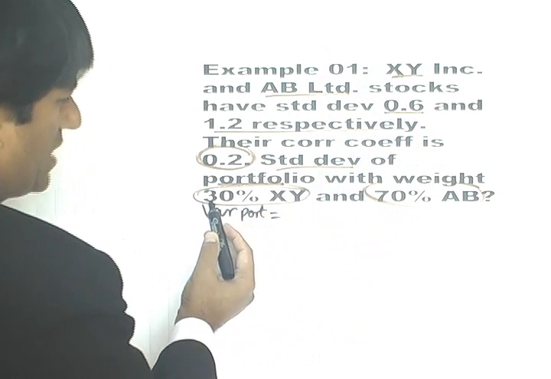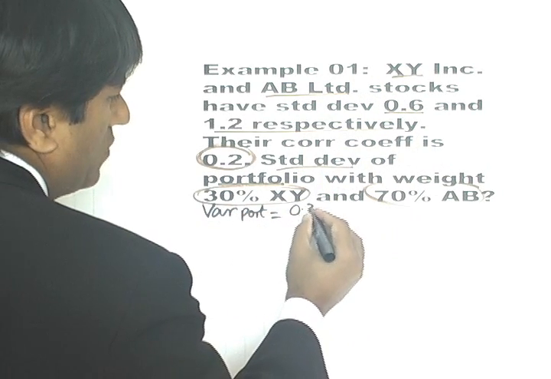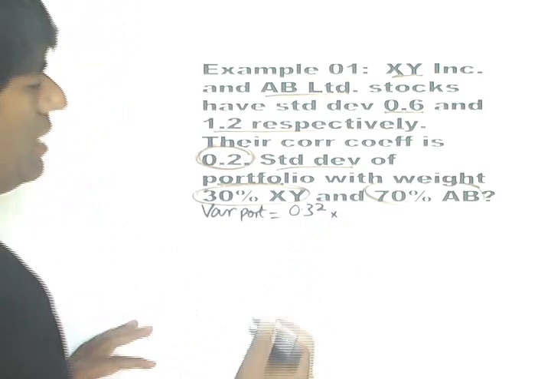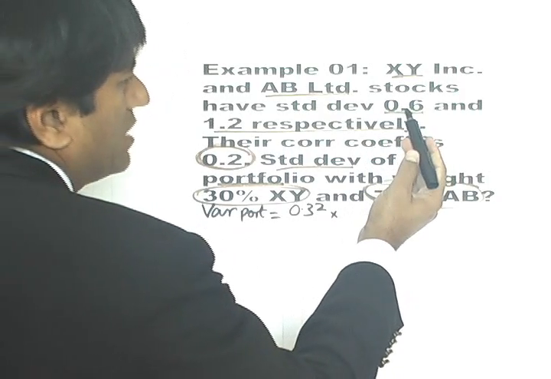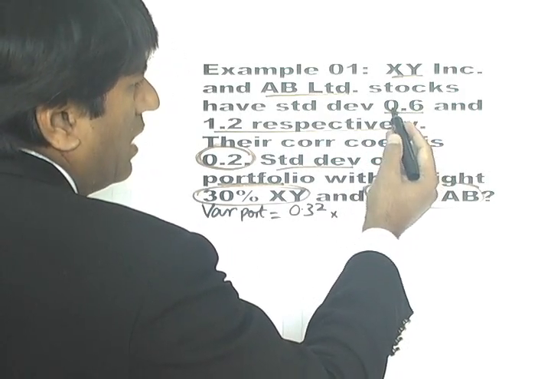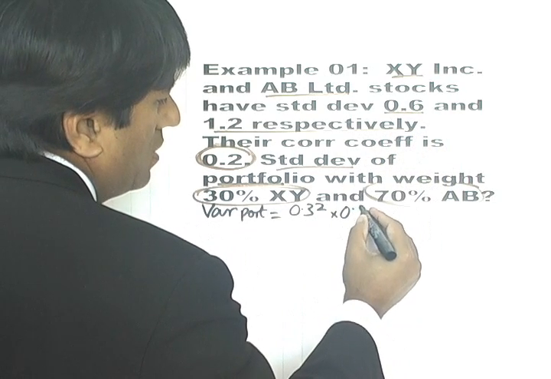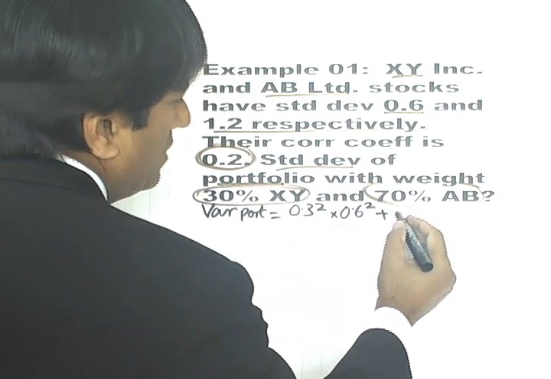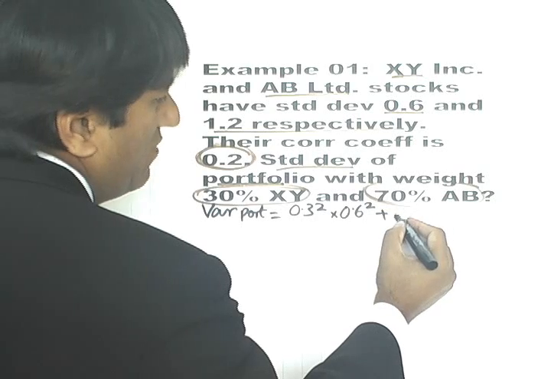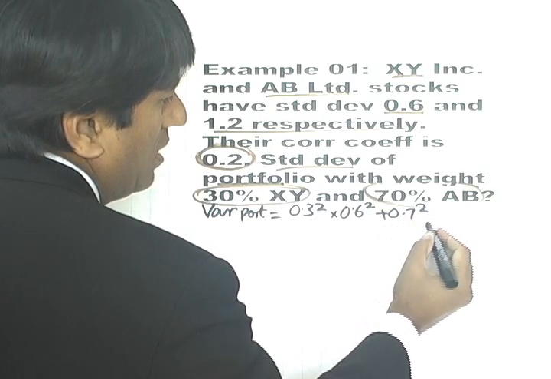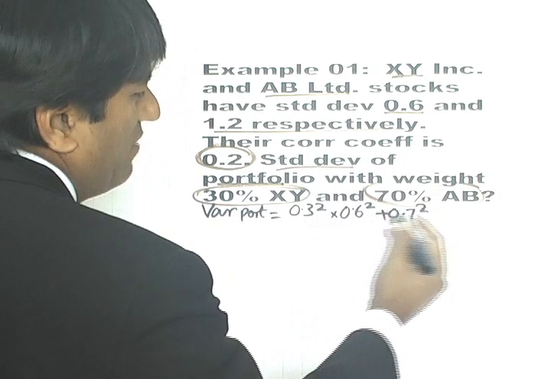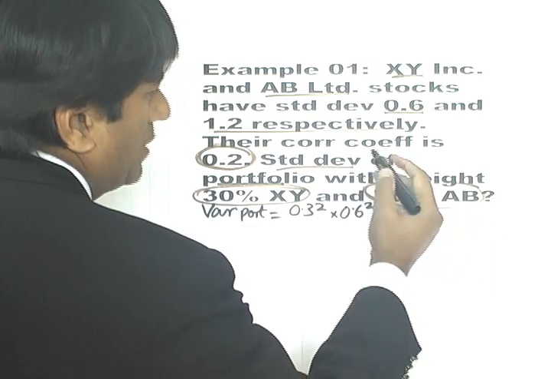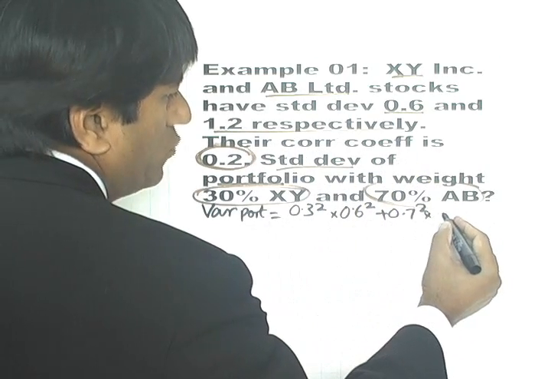So the weight of the first asset is 0.3, so it should be 0.3 squared, multiplied by the variance of the first asset, and the standard deviation is 0.6, so the variance would be 0.6 squared, plus the square of the weight of the second asset, and that is 0.7, multiplied by the standard deviation squared, which is the variance of the second asset. So it will be multiplied by 1.2 squared,